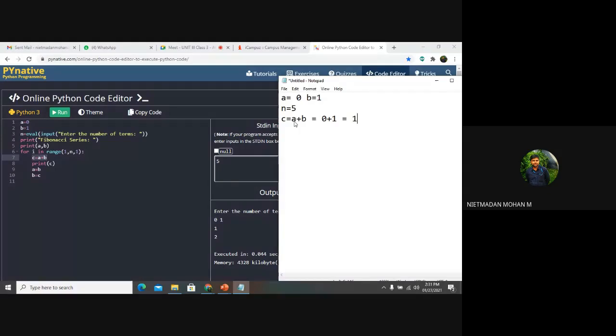So in the 8th line, what has happened is print C. So it means that the first print statement has printed the 0 and 1. So we got an output as 0 and 1. In the 8th line, we have declared the C value, and we are going to print the C. So it means that we got an output as 1 in this, right?